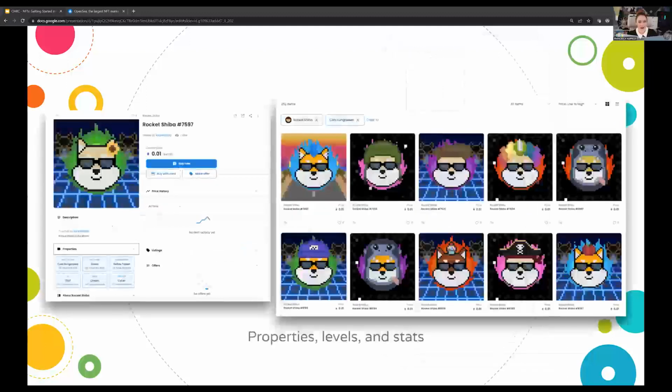So let's quickly break down some of these properties, levels, and stats. If you create a collection, it can be useful to add properties, levels, and stats if you have a collection similar to this one, what's called a 10K. Essentially, it's variation on a theme, and you create 10,000 of these files.